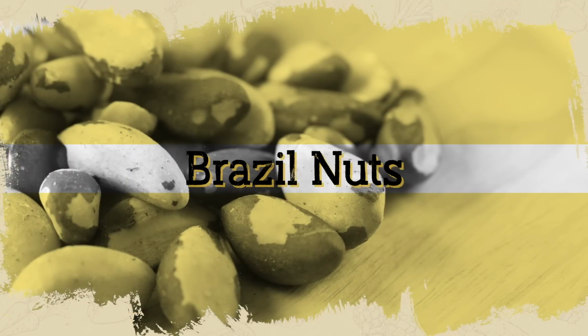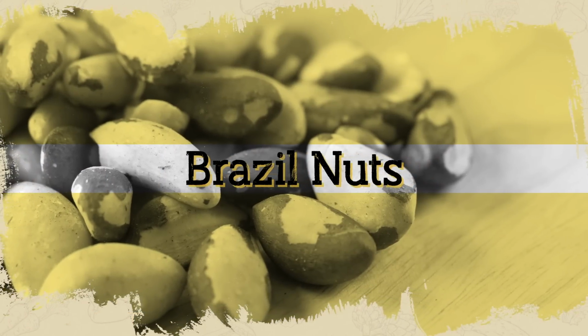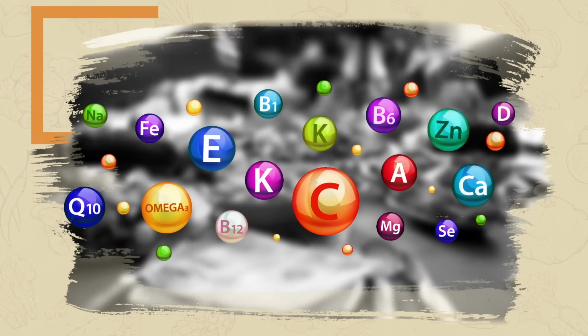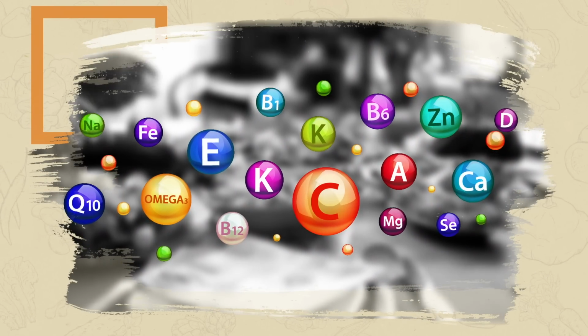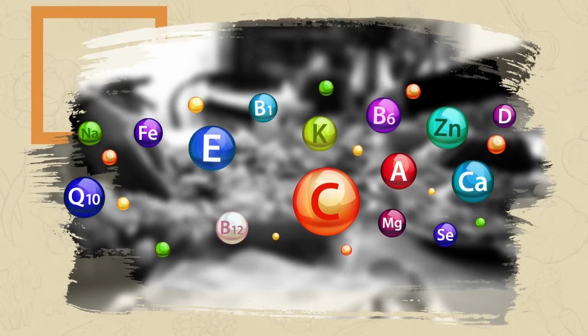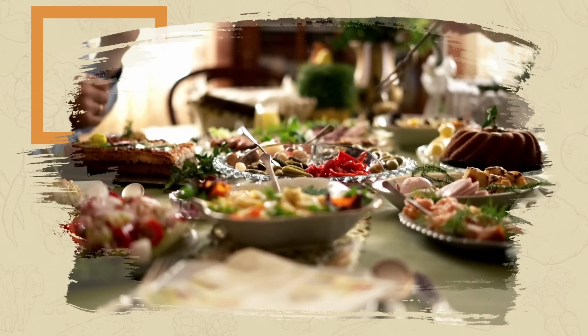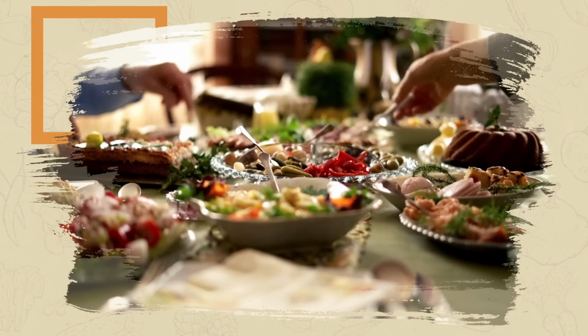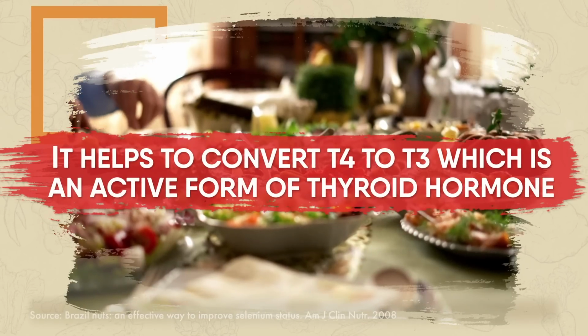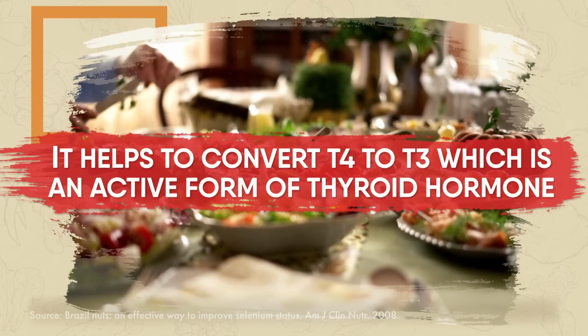Make Brazil nuts your wellness formula. We get a continuous supply of minerals and trace elements through our diet every day. But since soil quality has depleted over the years, our food actually lacks enough minerals. One such trace element that is extremely essential for thyroid hormone is selenium. It helps to convert T4 to T3, which is an active form of thyroid